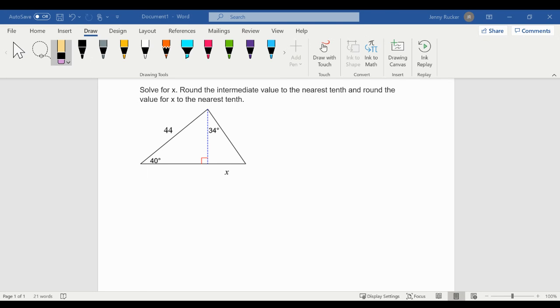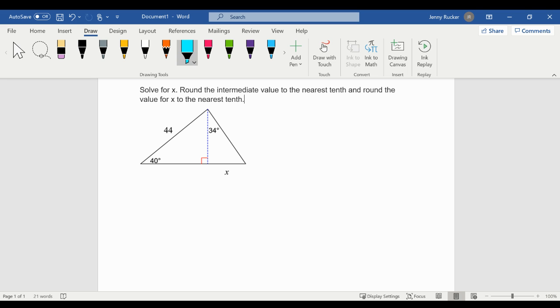Solve for x. Round the intermediate value to the nearest tenth and round the value for x to the nearest tenth. In our figure, we have one large triangle that is subdivided into two smaller triangles. We need to use a triangle that we know a side length and an angle measure,